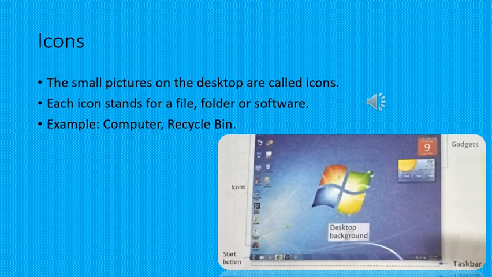Here, the computer icon lets you access all the files and folders stored on various disks in the computer. That is, computer is a location where all the contents of a computer are stored. Then the recycle bin. It is a location where all the deleted files and folders are present. It is the dustbin of your computer. This icon lets you access all the files and folders deleted from the computer. And the network icon lets you access other computers and devices connected to the computer.